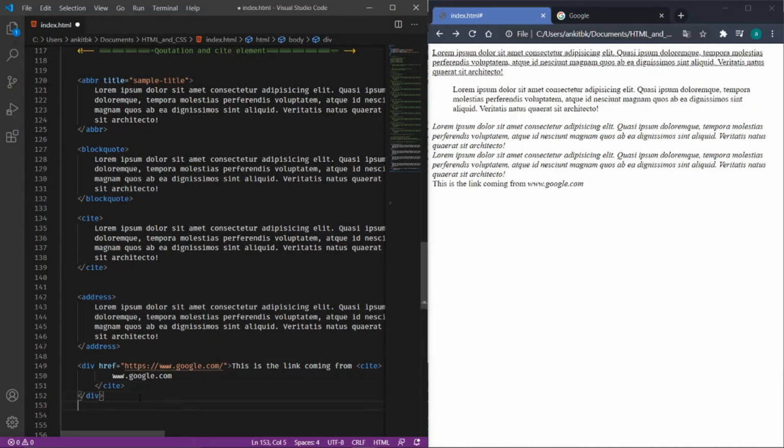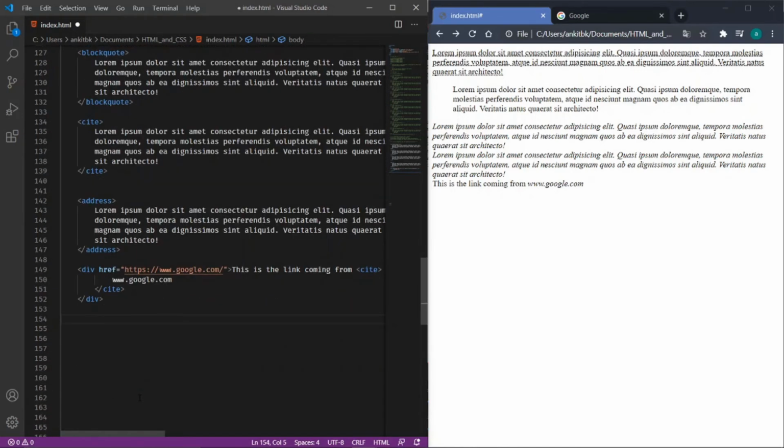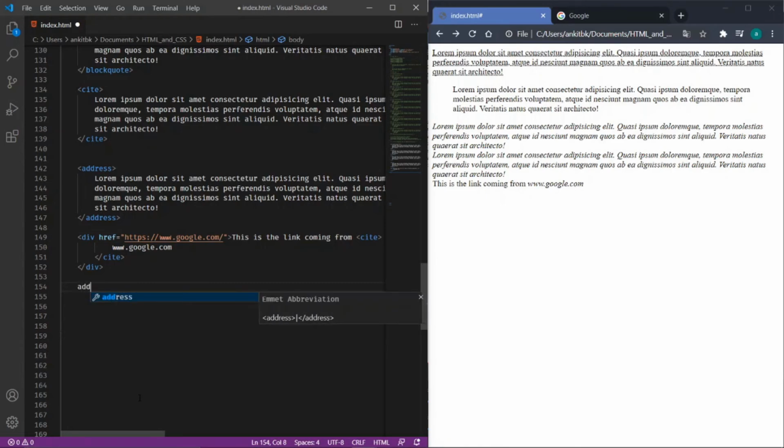So moving forward with the next example, a real time example for addresses. There are many company sections which have the addresses popped up at the footer of the company website or web page. So you can relate it with that.